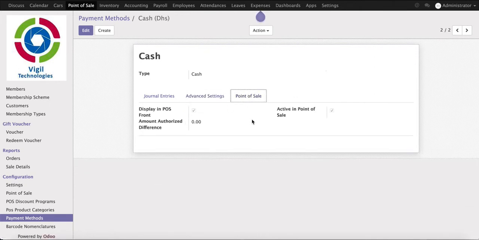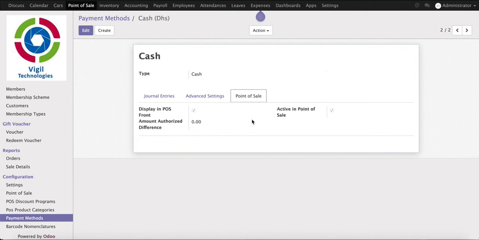And then we have some more configuration, like on the cash, when we close our POS session, how much difference amount will be applicable, like if there is a one or two digit of amount difference, we will allow to close the cash box.